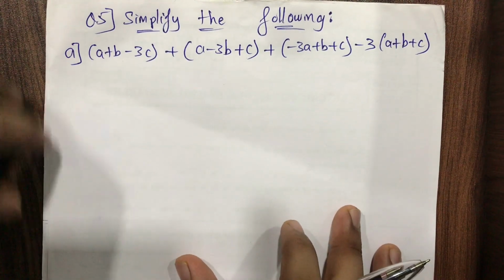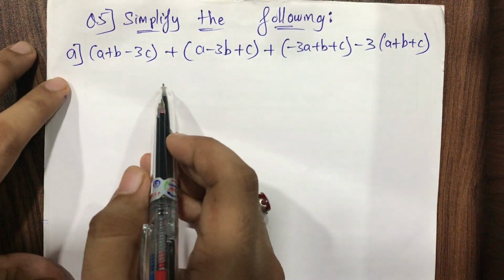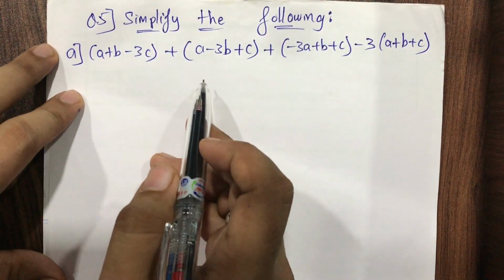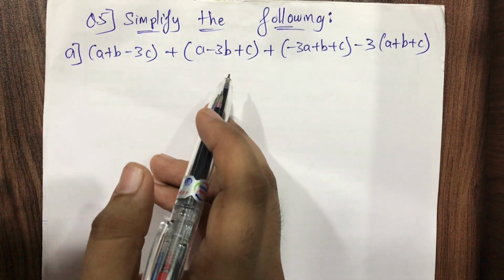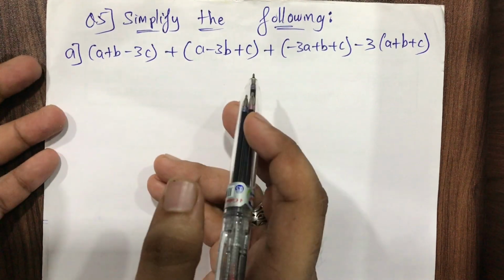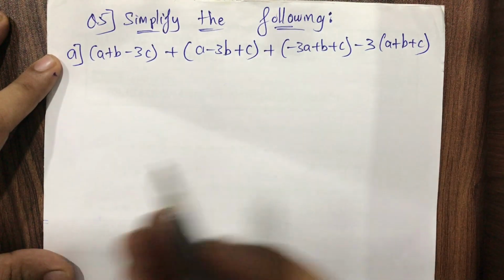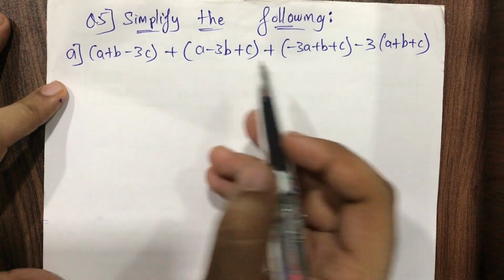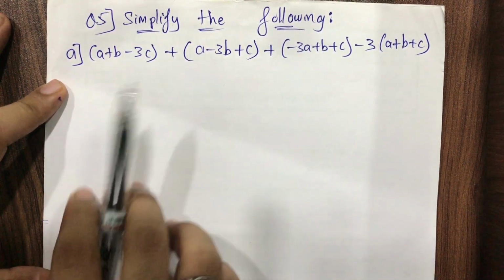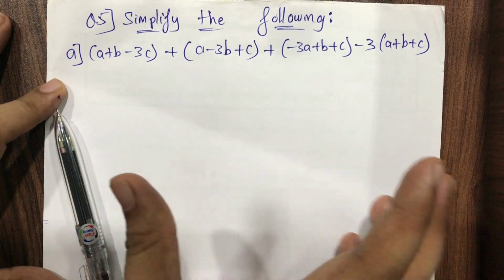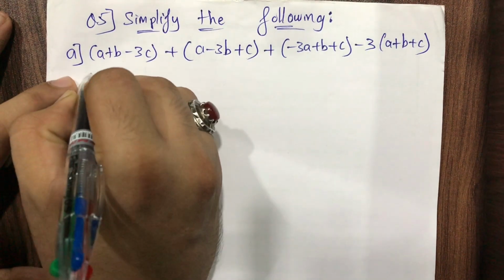Students, now I'm starting with a new question, question number 5. Simplify the following. Believe me, I'm not teaching you anything new. It's just the revision. It's just the question which has both the concepts, plus as well as minus, addition as well as subtraction, what we used to do since our childhood, 5th standard, 6th standard. Because it has plus as well as minus, that's the reason the heading is simplify. The other meaning of simplify is to compress the question, to reduce it. So we just have to solve. Let's start with the solution part.